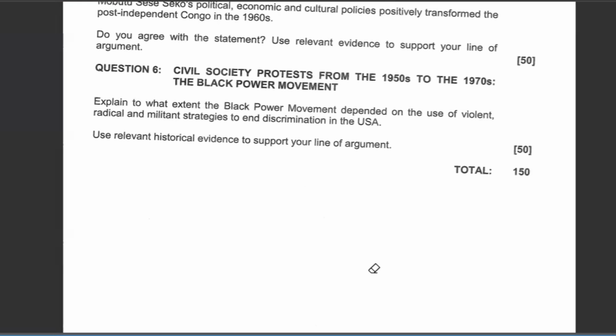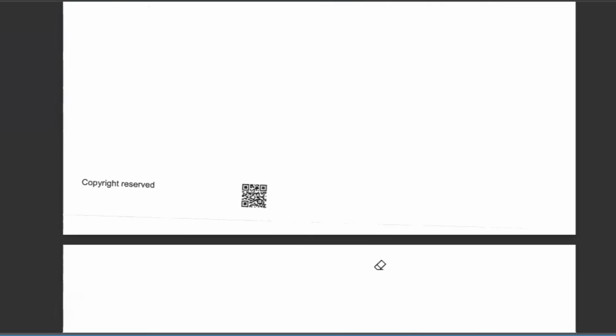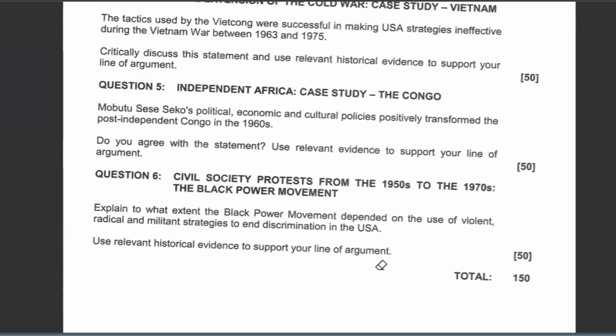Now that all the leaders have been made illegal, he has only made one political party legal in the whole country. That shows that Mobutu did not positively impact post-independent Congo. Rather, he negatively impacted it by disrespecting the people's right to democracy, the people's right to participation in politics. No one would participate in politics because they were banned, and the only political party which was allowed to survive was his one and only political party. Then we can also go on to highlight his creation of an autocratic state.